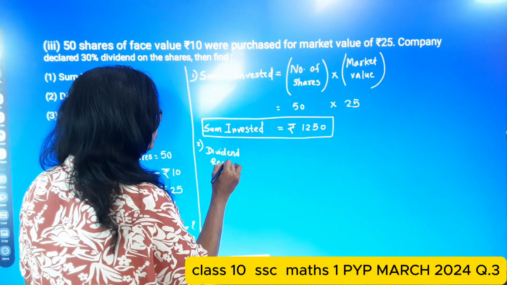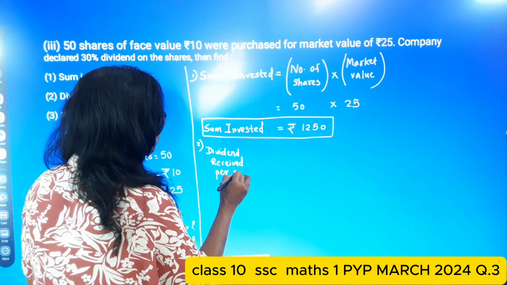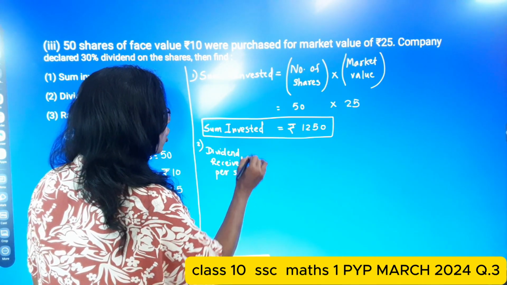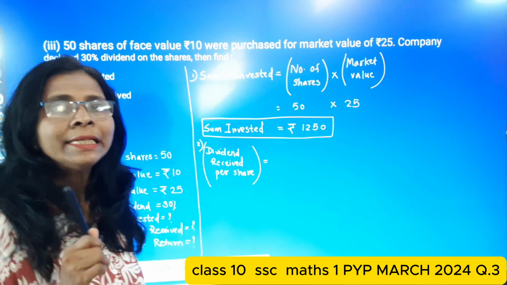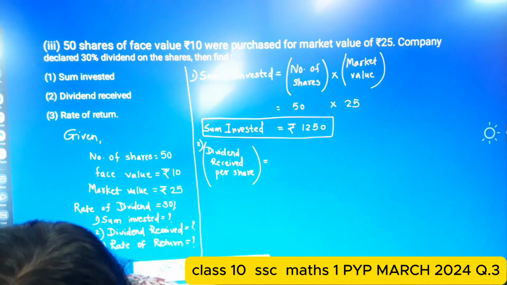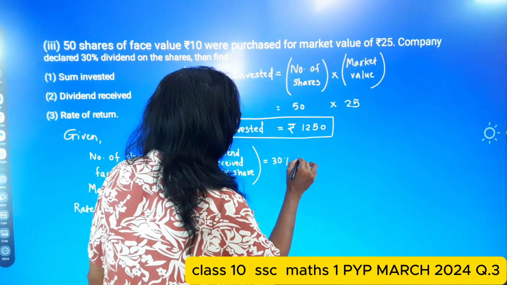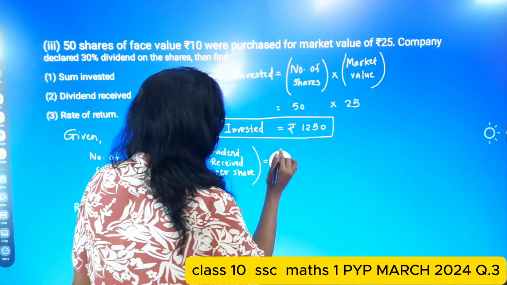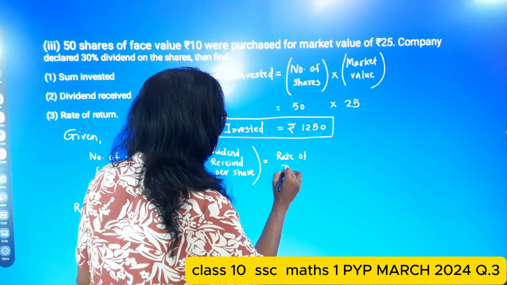Per share means only one share, students. And that is equal to the rate of dividend, 30%,